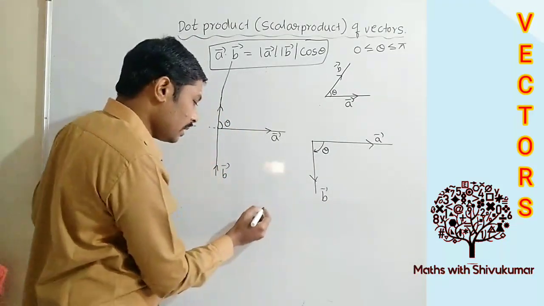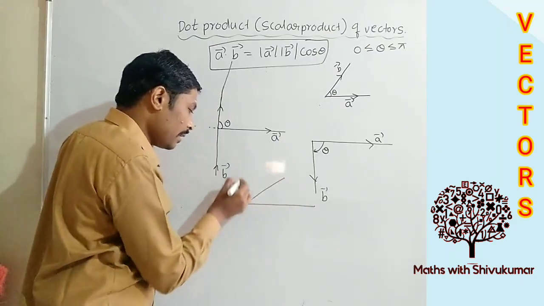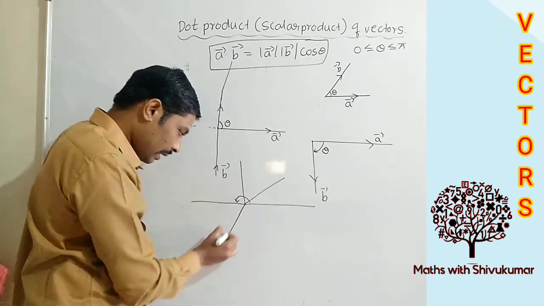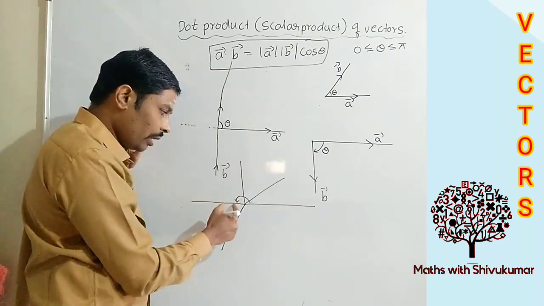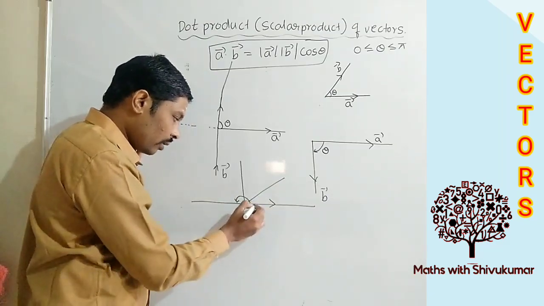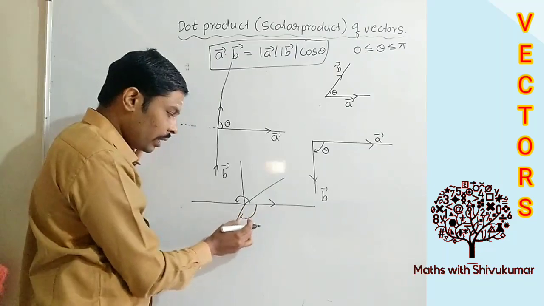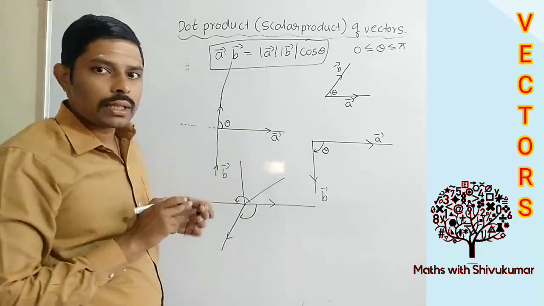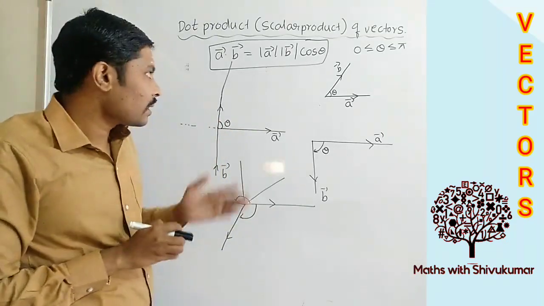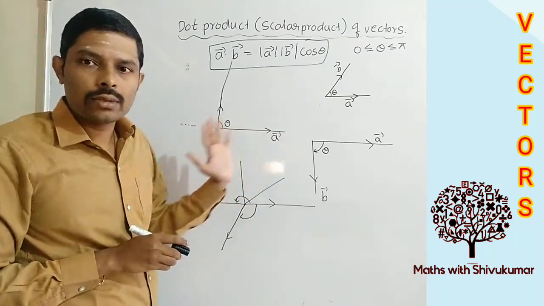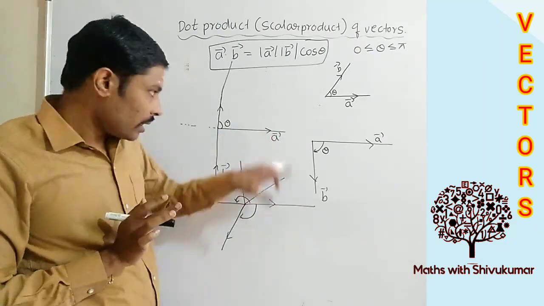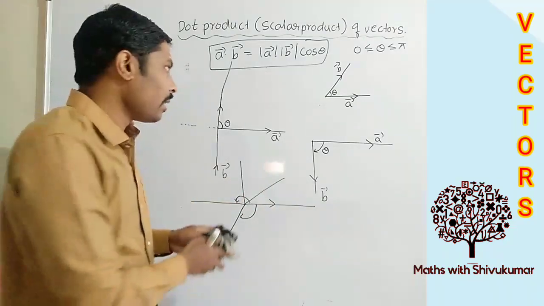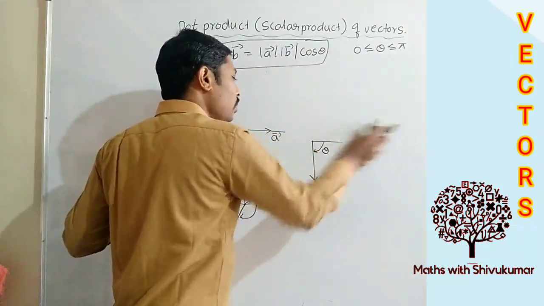You will know this? See here, I will explain everything. So it is like this, 90 degree, and it is 180 degree. Up to this you will get. For example, this one is not more than 180. No, because these two are vectors. We will calculate a smaller angle only, so it is below 180 only. So that is why we assume theta value always lies between 0 to pi. I hope it is clear. This is an important concept, students. Why does theta lie between 0 to pi? They will not ask, but this is the reason. Between any two vectors, only one angle is there. Is it clear? Did everyone understand?